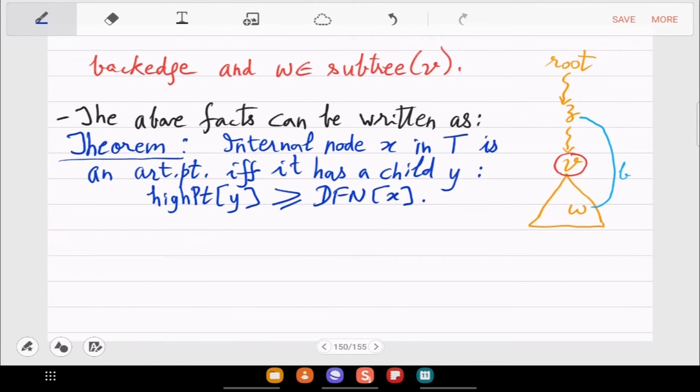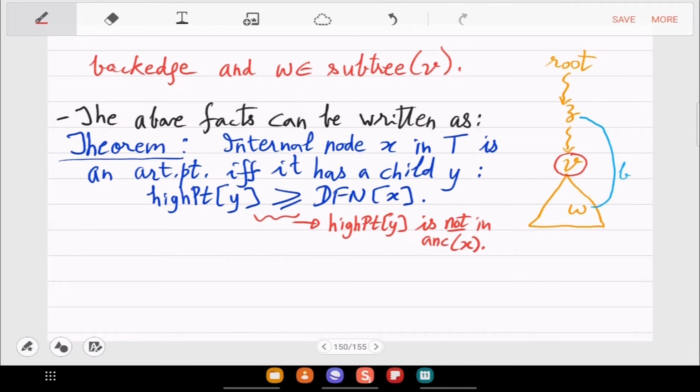So this basically means that the high point of Y is not an ancestor of X. Okay, so when the high point of Y is greater than or equal to DFN of X, then it means that in the picture it is below X. So you don't go to an ancestor of X. So there is no way to bypass X. So if you cannot bypass X, then X will be an articulation point.